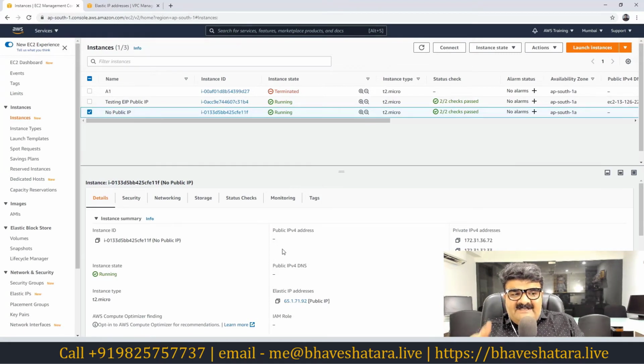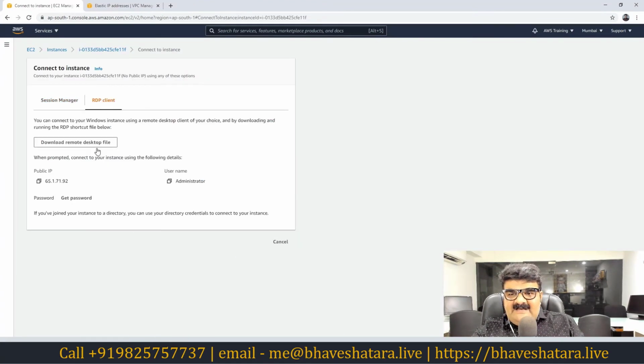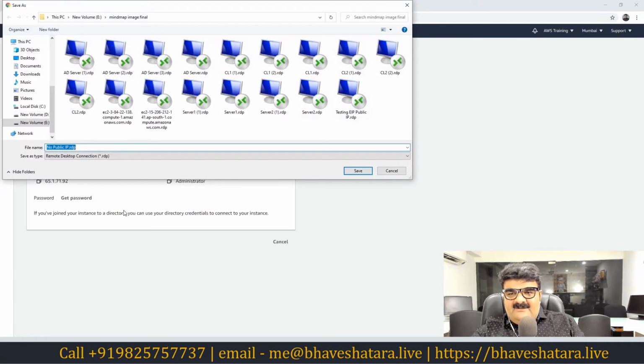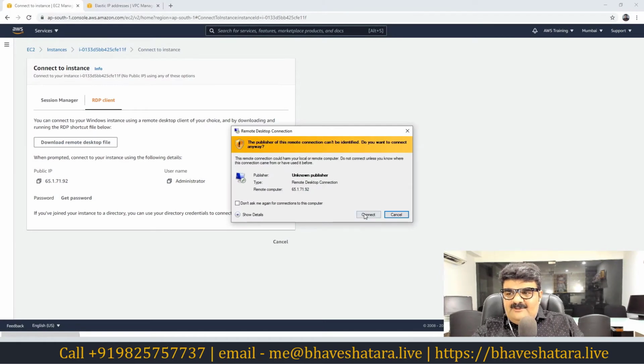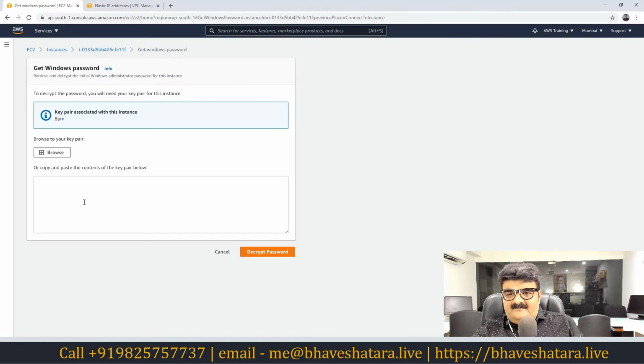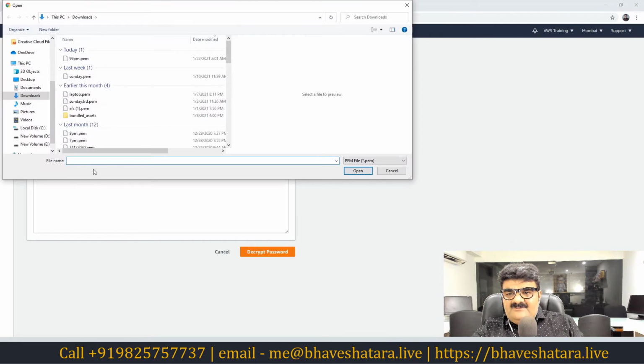Now the matter is, I am able to access my EC2 instance using this elastic IP. Let me do it. I'm going to connect via RDP. Here I got this public IP, we call it elastic IP. I'm going to connect, get password, browse.